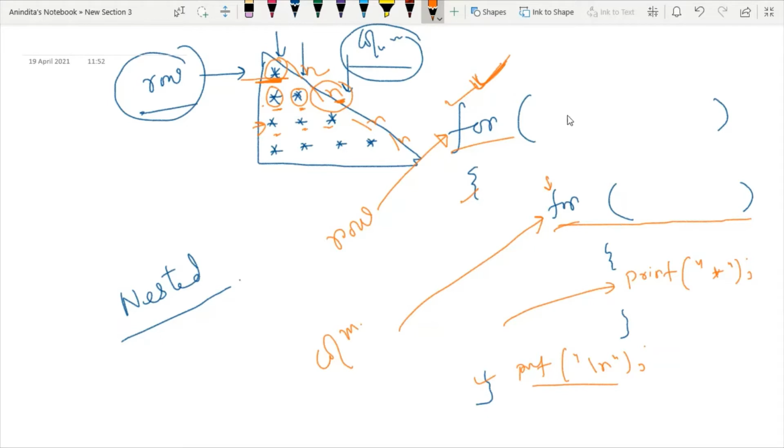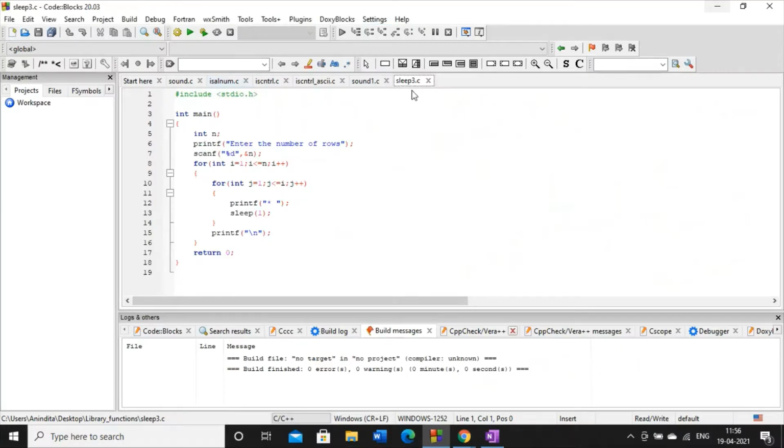And now let's talk about the looping. We know that for looping we have to use some variable, and definitely it will start from some value, then we have to continue up to some range, and then we have to increment it by 1. Now what is the initial condition and what is the looping condition? Let's check the code.